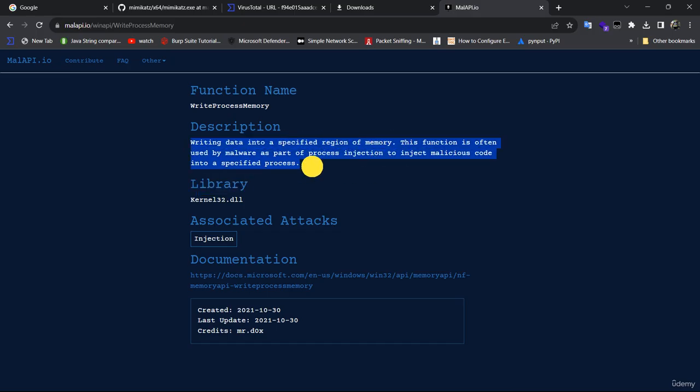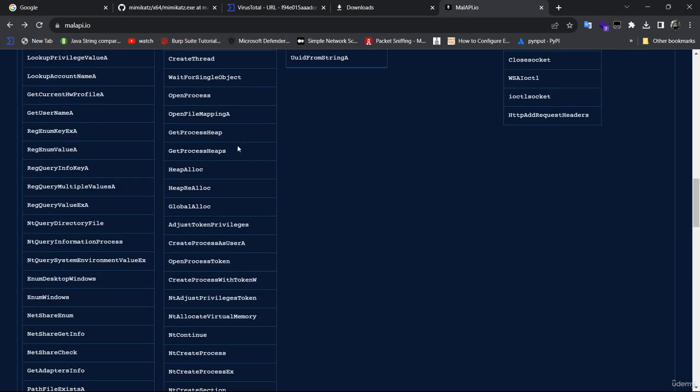This was the main functionality of the API, WriteProcessMemory. This API function is based on the kernel32.dll library. So let's go to the